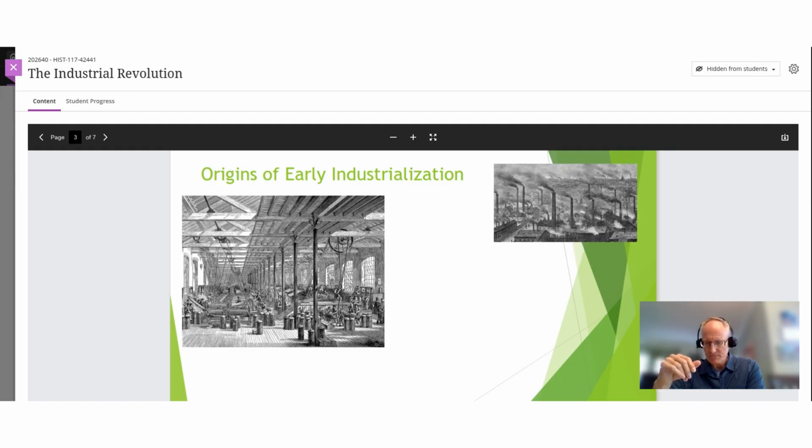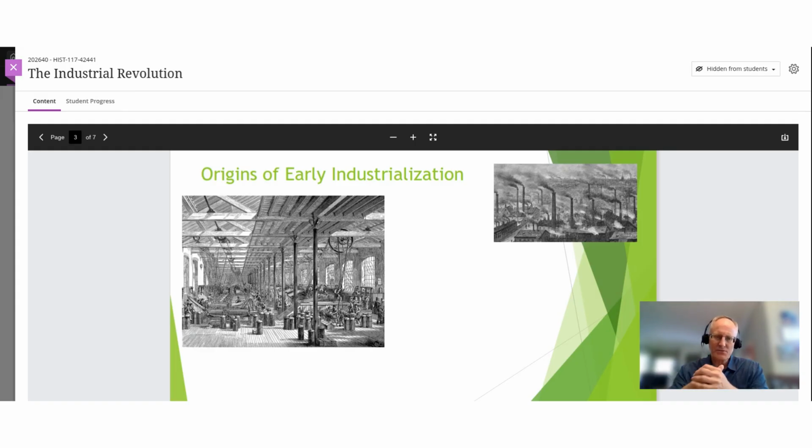The increased demand for goods caused businesses and their leadership to continually innovate. And this was, in many cases, the catalyst for the industrial age itself, the Industrial Revolution. So very